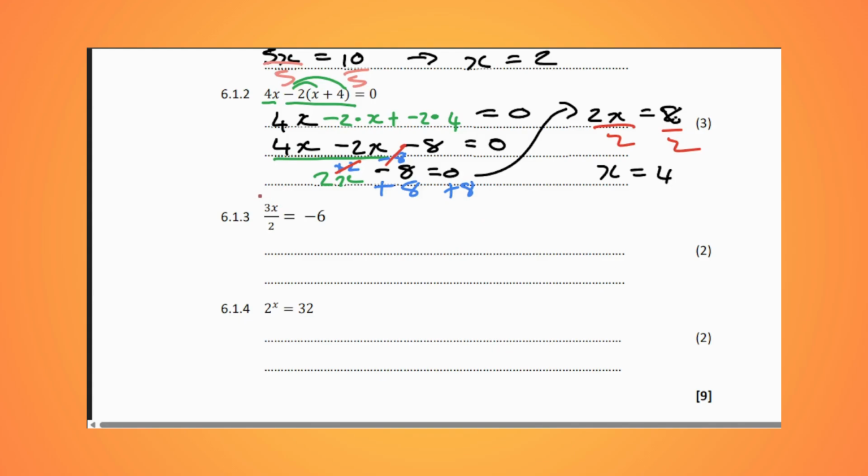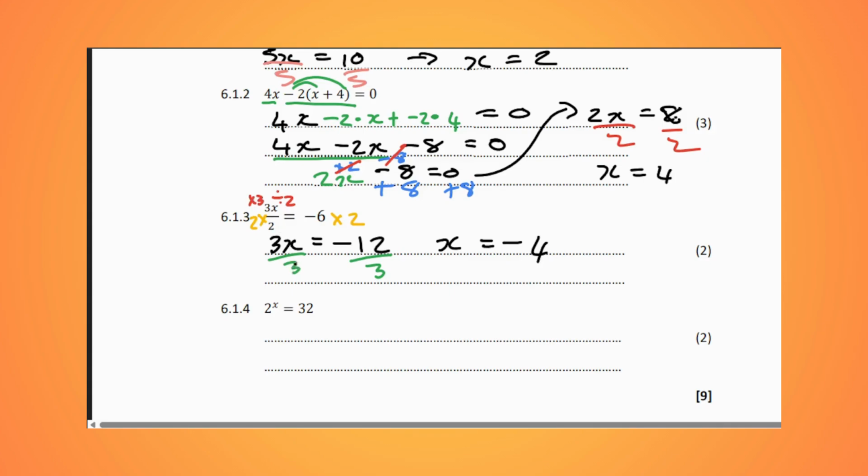Then in this third equation, what is happening to our x is first we are timesing with 3, and then we are dividing by 2. So we work backwards again. First we times by 2, so that we have 3x is equal to negative 12. And now we can go divide by 3. So we have x is equal to negative 4. Do you see? We dealt with the divide by 2 by multiplying by 2,